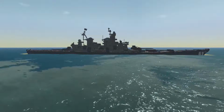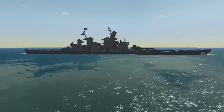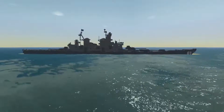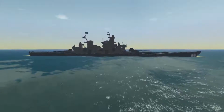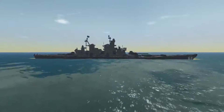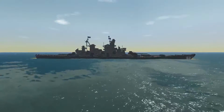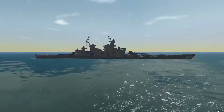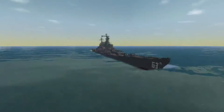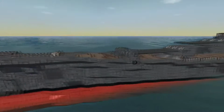What's up, everybody? Today we're doing a new series called Is It Fleet-Worthy, where we test ships in the workshop to see if they're actually fleet-worthy and have good AI controls and are good at fighting and stuff like that. Because you can't drive every ship yourself in your fleet. You gotta have huge fleets of AI-controlled stuff. Right, Connor? Yep, so we're running it through a test of is it good against air battles, water battles, and